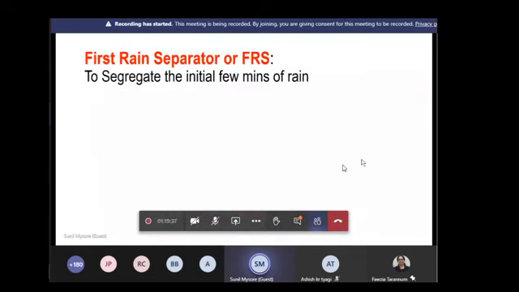Okay, the first time separator, the settling tank, and the actual filtration itself. So the first part is the catchment, where the water falls. Then the conveyance, that is where the water flows. And the third thing is the filtration, that's where the water gets filtered. So where the water falls, flows and filters. These are the three important steps: where the water falls, how the water flows, and then where the water gets